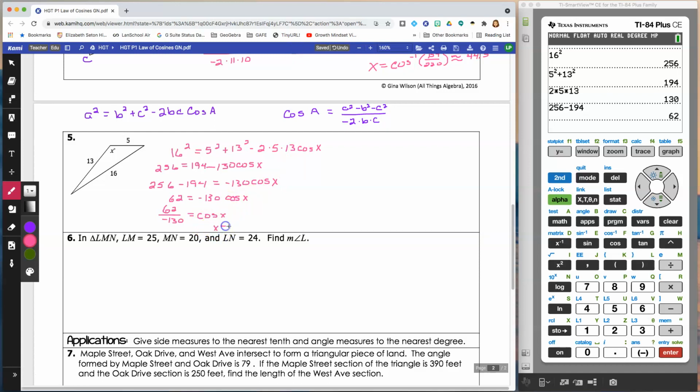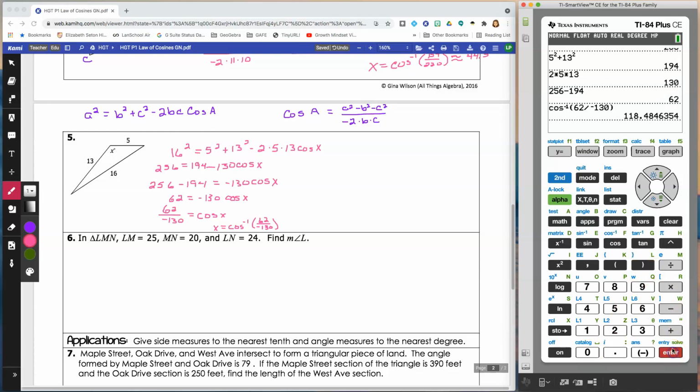So x equals the inverse cosine of this fraction, 62 divided by negative 130, right? So that's what I want to put in my calculator. So second cosine, 62 divided by negative 130. And it is important that you remember that negative in there because otherwise you're going to get the wrong answer,